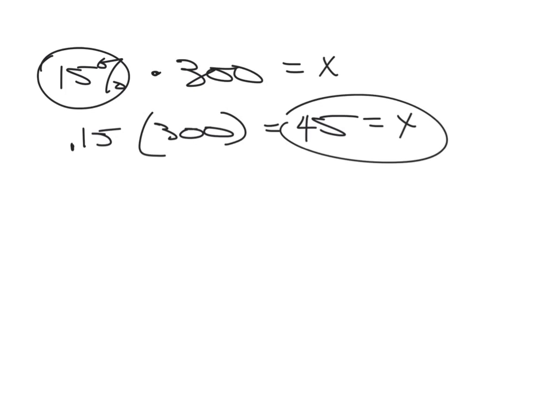Let's see here. We're going to continue on with this video, see if we can do it all in one video. And we'll look at the next example, and the next example has to do with percentages greater than 100, which I don't understand. I mean, how can you have more than a whole piece of pie, than 100% of the pie? But anyway, it says what number